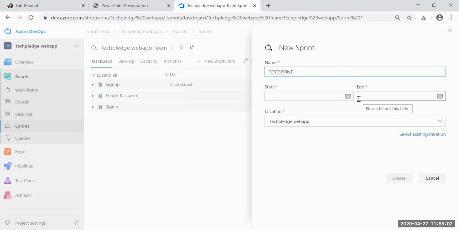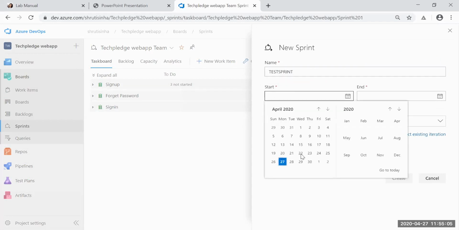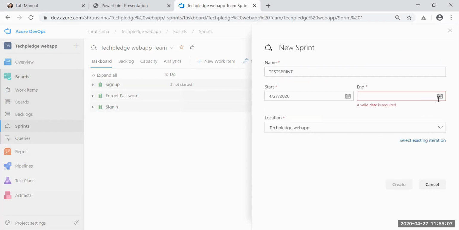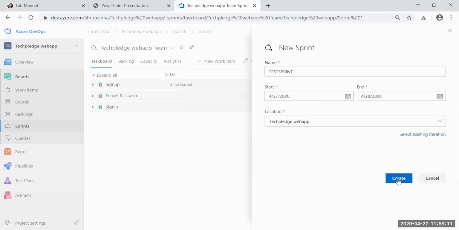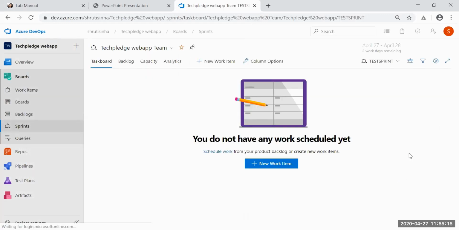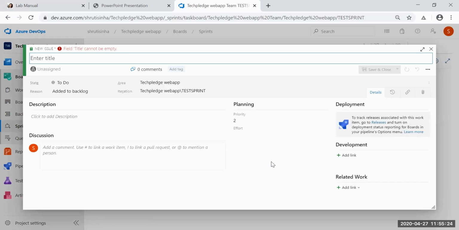Now you see how much you are planning. Now you can create a new work item here.